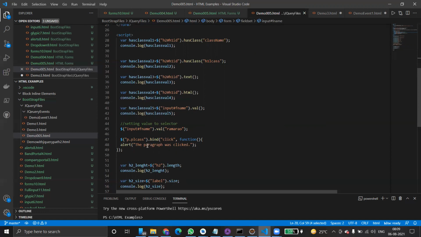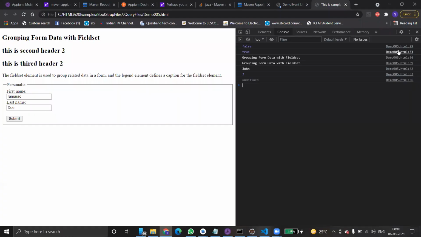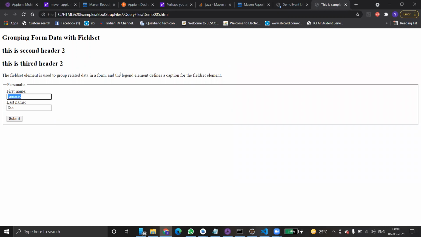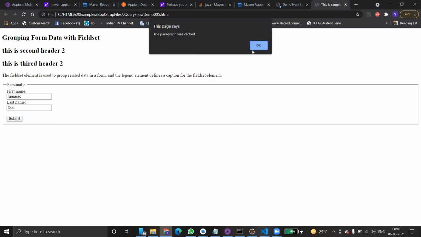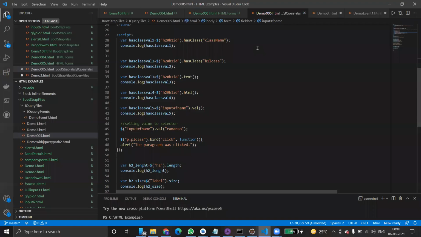Again, similarly, if you want to call an event, there is another annotation. You can simply use a dot bind click comma function of alert. Whenever you click the paragraph, automatically you'll get an okay alert. How is that possible? We are just invoking an event here. Click function, and the entire thing should be passed. How many parameters? First one is the event name, and then the string which contains a function. Inside that you have to build a logic. This is the logic which you have built inside this bind function.